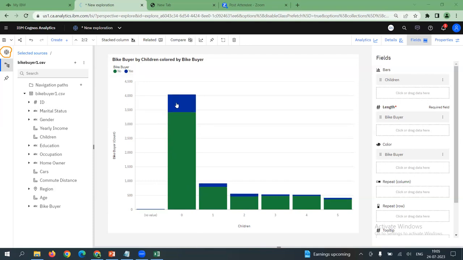Respondents who don't have a child, that means who have 0 children, the bar size of the yes category is typically high. But at the same time, there is biasedness in the data also, right? While 0 child has more probability of buying, it also has equal probability of saying no, right? So there is a lot of noise in the data. That's why when you take raw data, it has very challenging biased patterns.